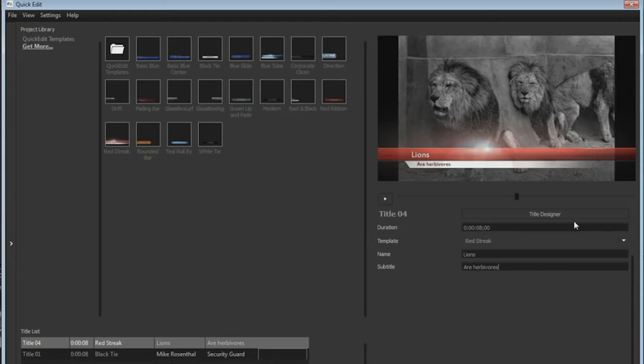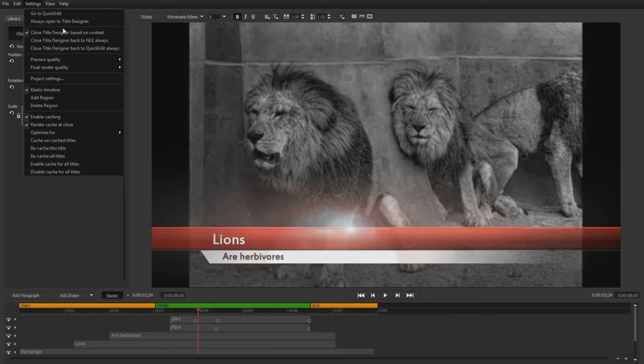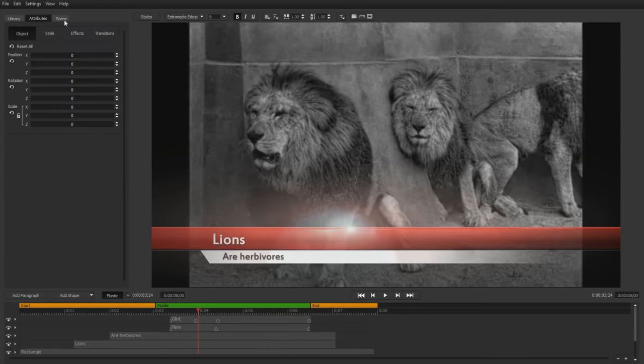Clicking on the Title Designer button opens the primary interface for Titler Pro 4. You can even skip the Quick Edit window entirely by selecting Always Open to Title Designer in Settings. The first thing you'll want to do is change the text parameters. Things like font, size, alignment, and kerning are all available at the top of the window,